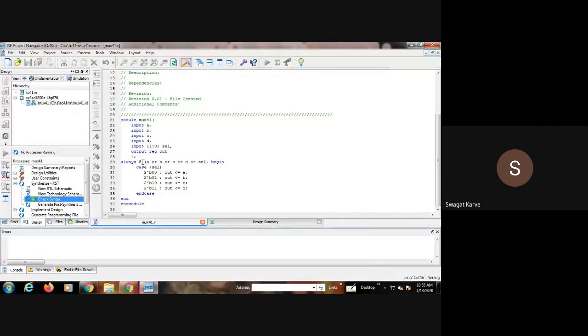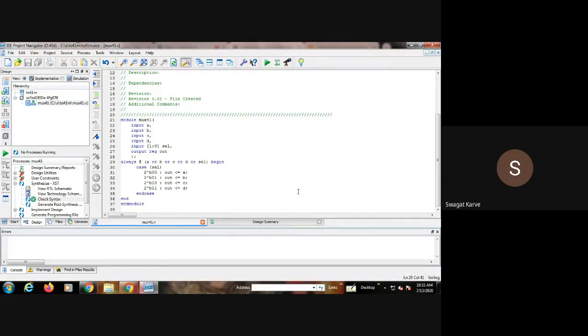Okay, now it's the correct sentence. What changes have I made? Instead of simply output, I have defined this output as a register, because when the final value gets stored in this, you have to define it as a register. So output reg out. Okay, now we got the correct syntax. Everything else is correct. Now you can see here the errors we had are removed and we have got the correct syntax. That means whatever code we have written is a correct one.